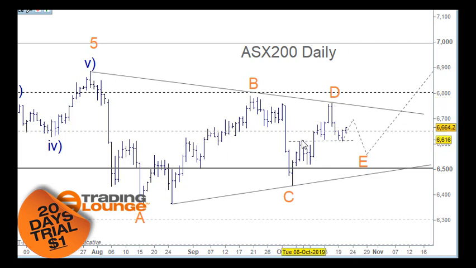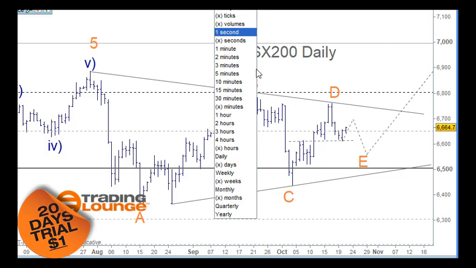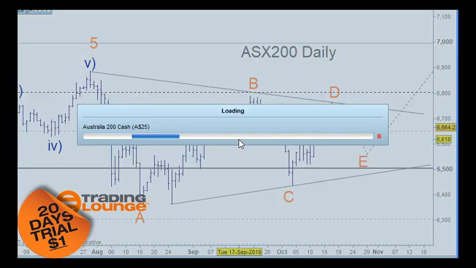this high here. So if we were counting this as wave 1 and 2 and 3 here and 4 here, well then we've had that overlap here. So the D to E here, we'll be looking at 3 waves as an A and a B and a C wave here. Let's go in and have a look at that on the 4-hour chart and start to drill